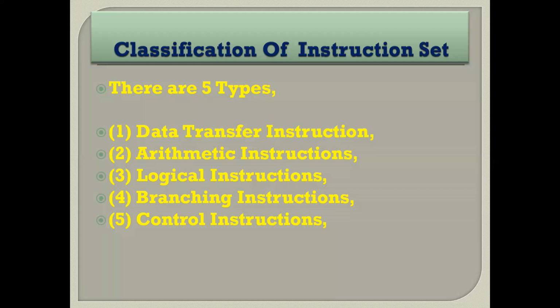Now, at the time of explanation of stack pointer, I have already told you that whenever there is a branching instruction, the next location of the current program is stored into the stack. And then the microprocessor goes to the new subroutine. When it executes and returns back to the main program, it takes the value from the stack pointer and executes the remaining program. So this happens in the branching instruction. For the execution of branching instruction, the microprocessor has to take the help of the stack pointer.